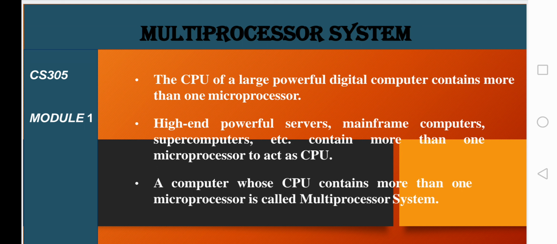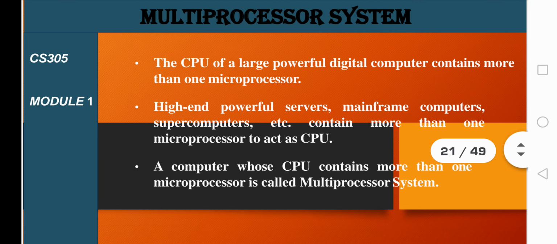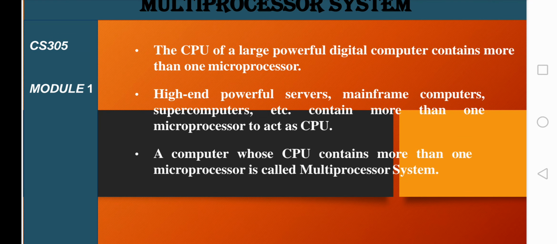And what is a microcomputer? A microcomputer is a computer having only a single microprocessor acting as a CPU, which is responsible for performing every operation. But on the other hand, in the multiprocessor system, as the name implies, we are having more than one microprocessor. Why are we using more than one processor? Because we find that a single microprocessor is not quite enough for a specific application that needs much more complicated work or many more tasks. So at that instant, we use more than one microprocessor on our motherboard so that we can perform a large number of tasks within a small amount of time. Such systems are called multiprocessor systems.